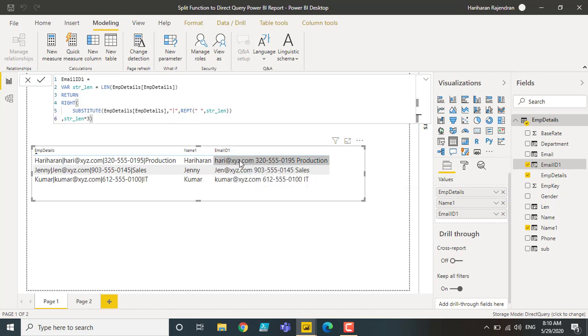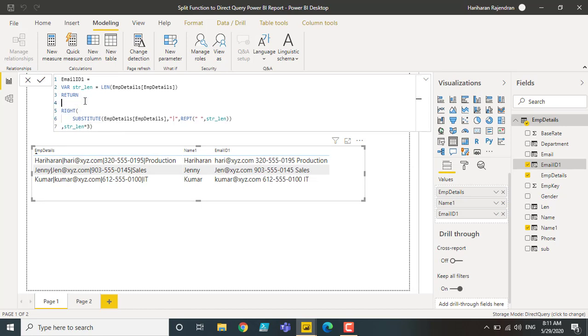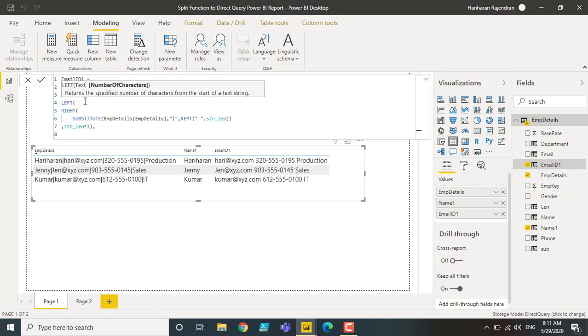When we have this result, we can easily achieve it with the help of the LEFT function, which I am going to do now. LEFT of comma, I'm going to say STRING LENGTH.